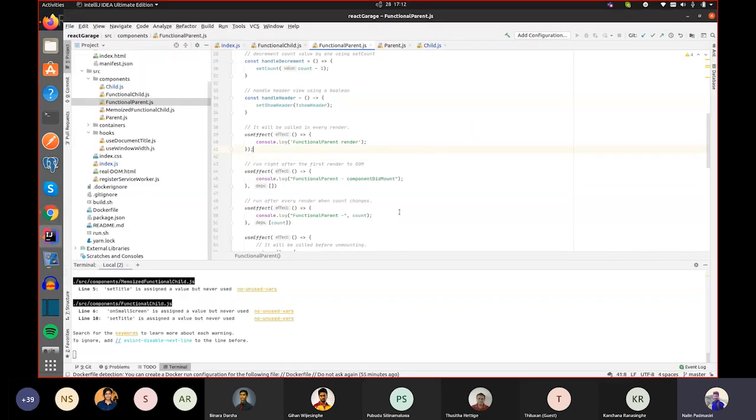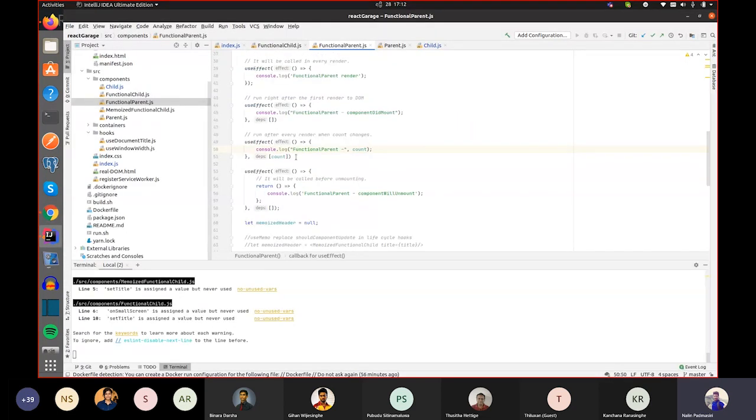The next thing I want to show is that you can have values inside this array, and I have included count as my variable in the array. That means this effect will observe and subscribe to the value of count, and whenever this value changes, this function will be called.